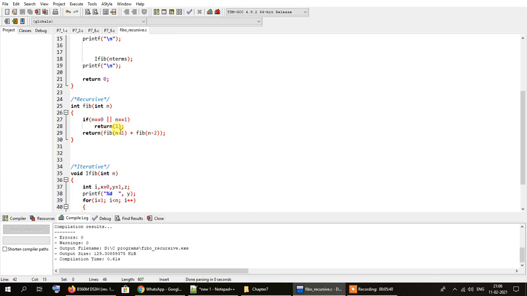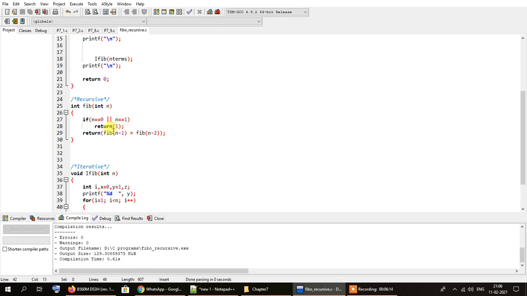It will add them and call the int fib function for these values.